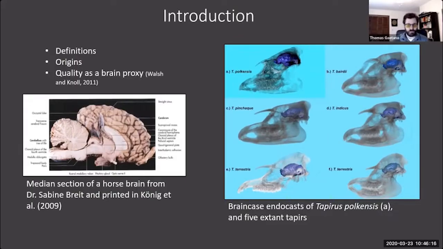Now, that's a naturally formed endocast, but nowadays these are often created digitally with the technology that I'll talk more about later. And for mammals, endocasts are really good proxies for the brain shape and brain size, because of the really tight fit of the mammalian neural tissue within that brain case. There's not a whole lot of non-neural tissue that occupies that space in mammals.